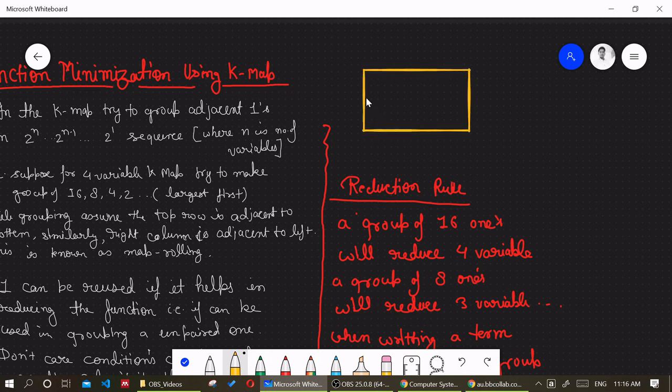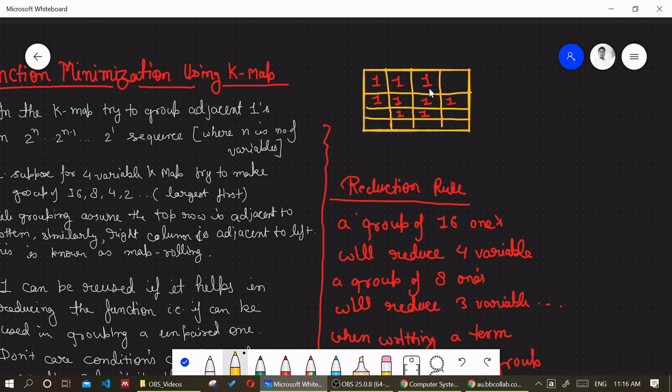Suppose this is your K-map. I am not plotting other things, I am just showing you the example of grouping. Suppose you have this particular example, 1 1 1 1, and there is one over there, one over there, and one over there, and there is one more. So how do we group? First find if there is any possibility of 16 ones. No, there is no possibility. Then you go for a possibility of 8 ones. No, even that is not possible.